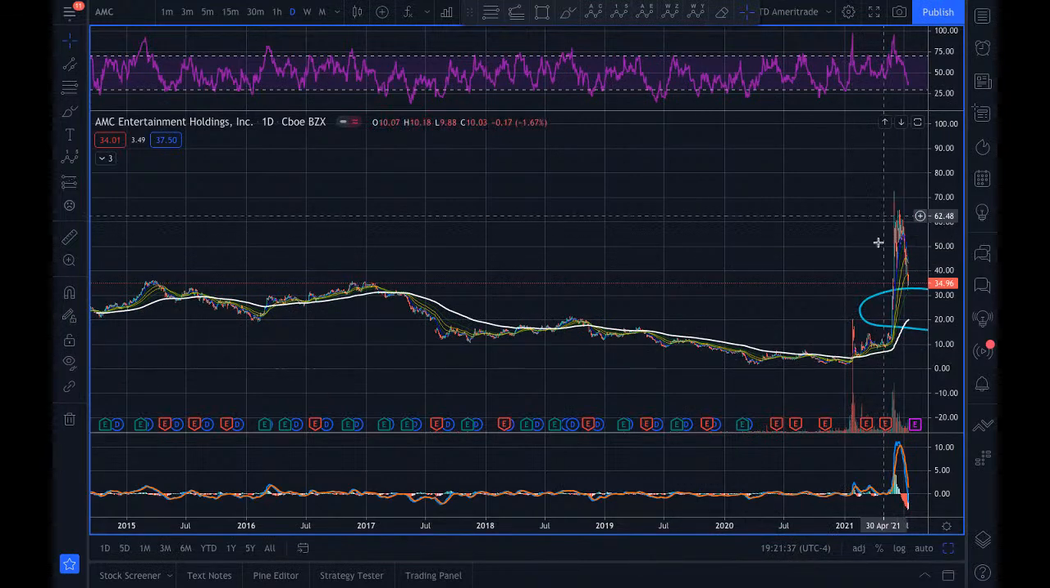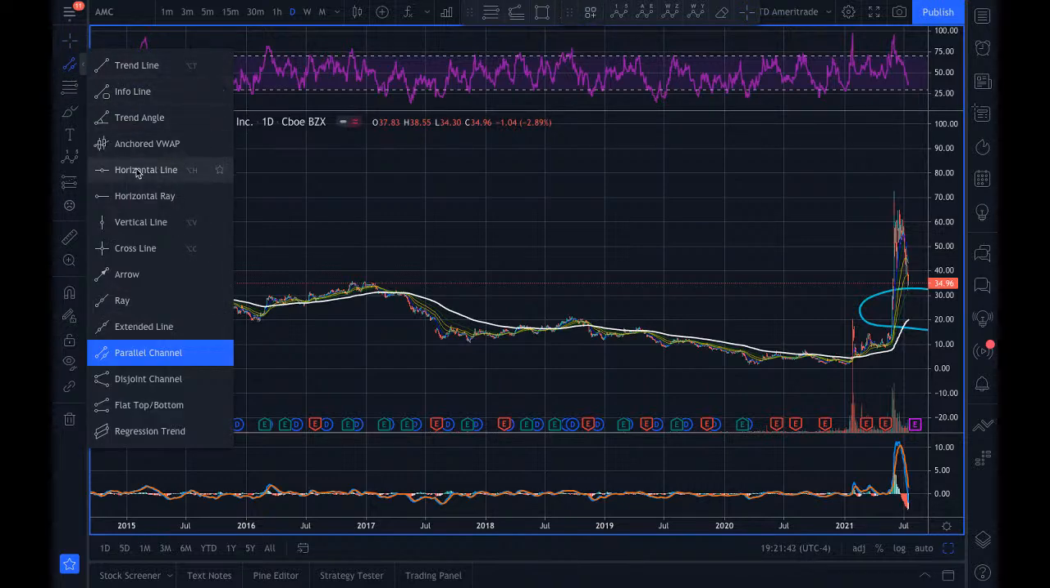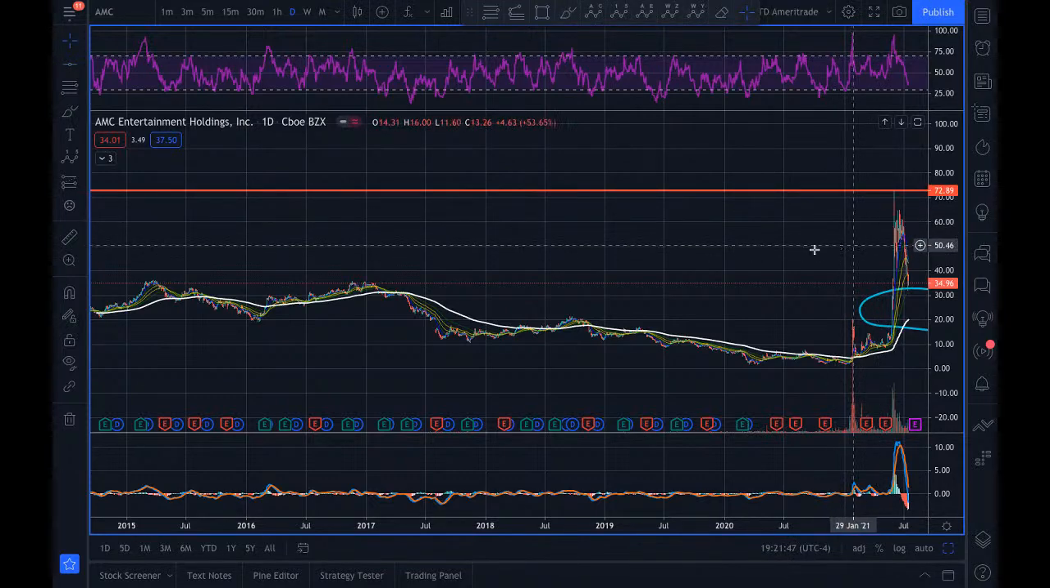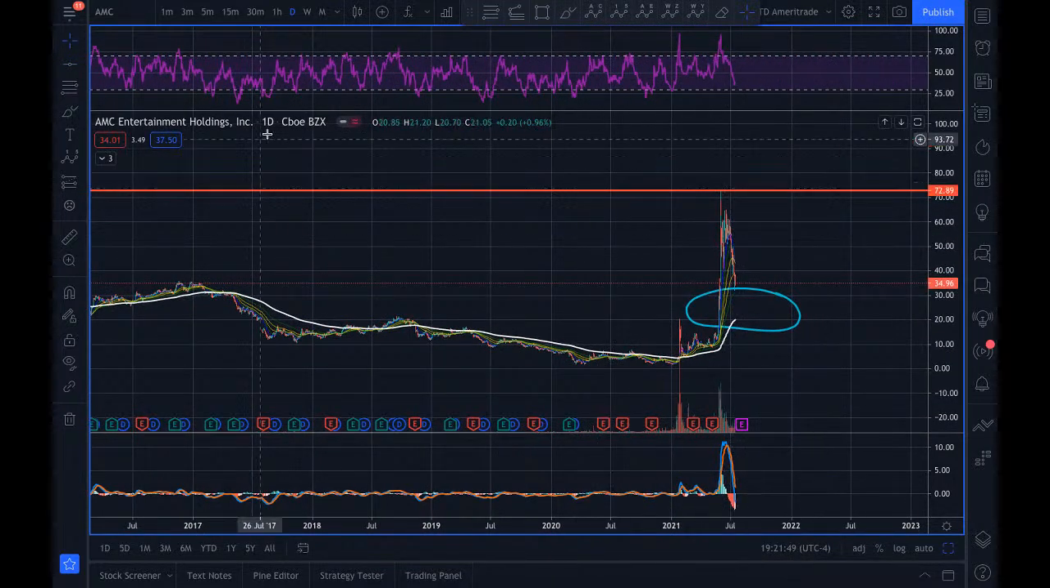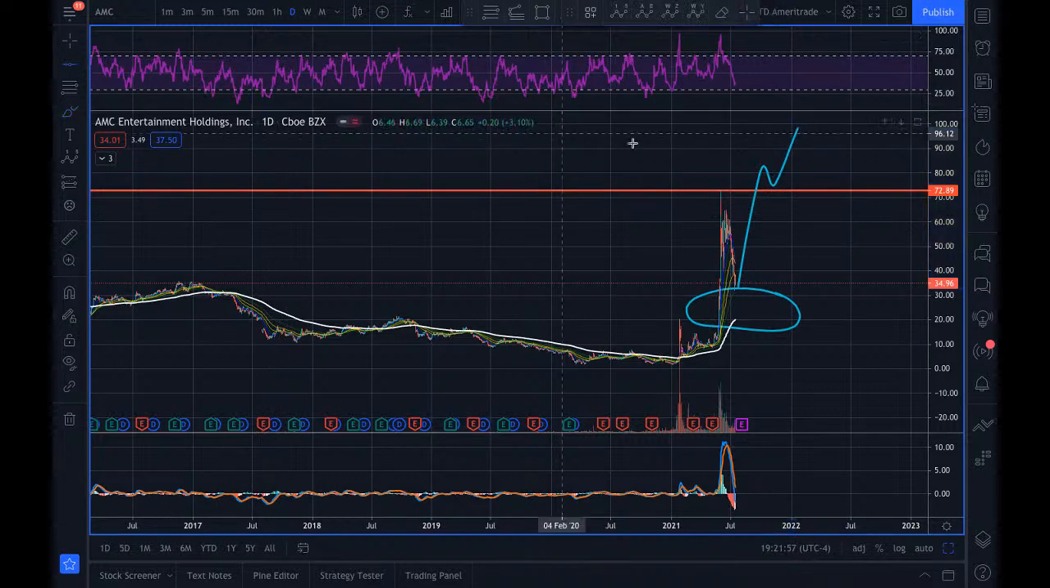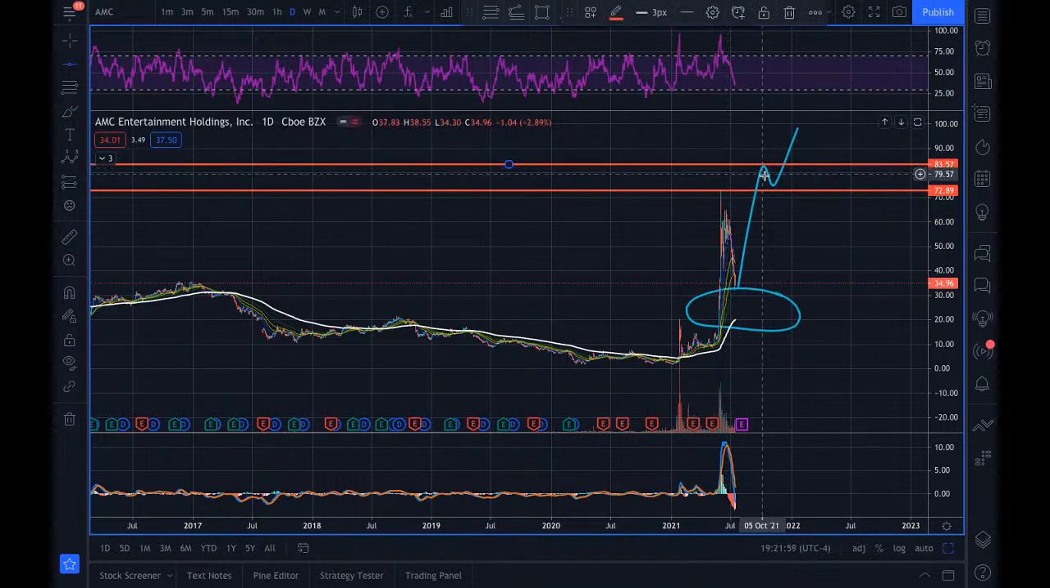But it looks like this might be an impulse starting up. So what you could do is, if it passes back above this line and comes back above it and then tests it and then goes up again, when it goes up again and makes another new high, that would be the buy signal. But